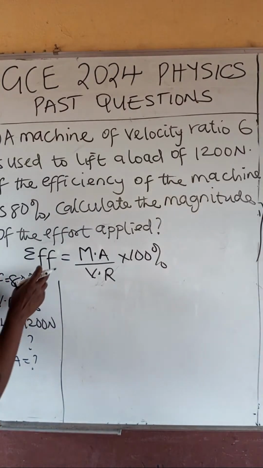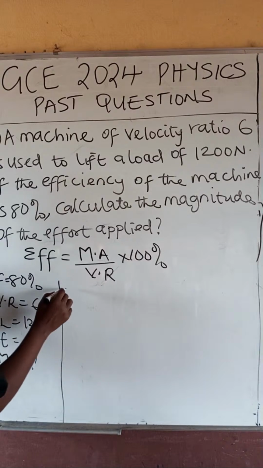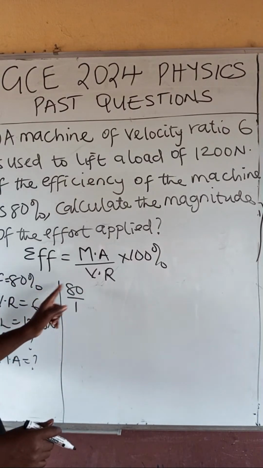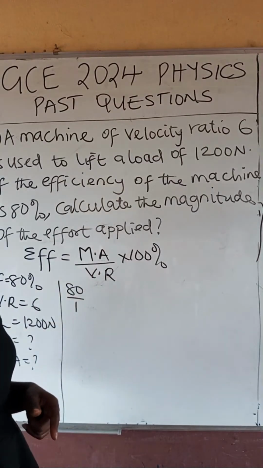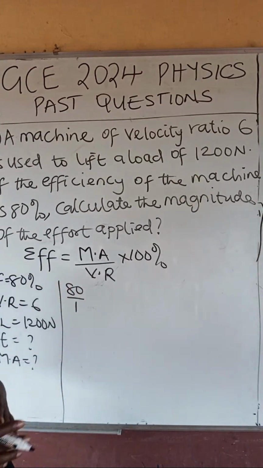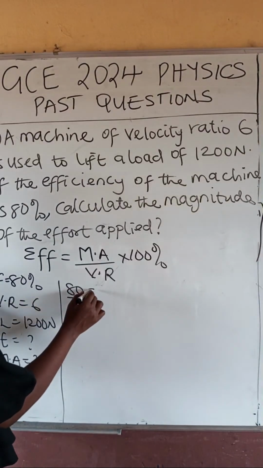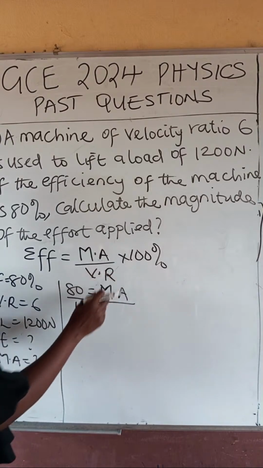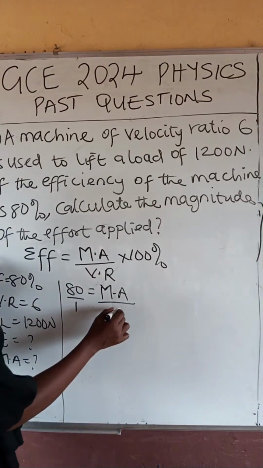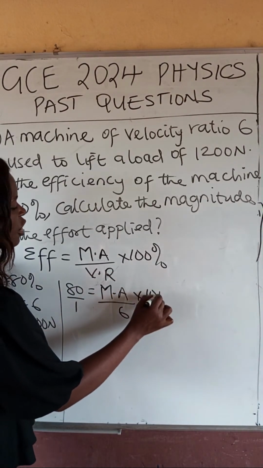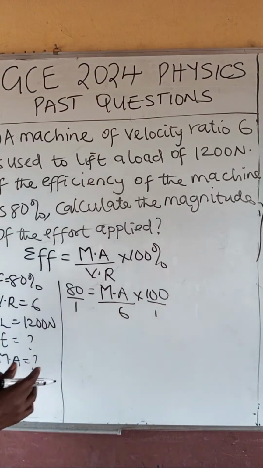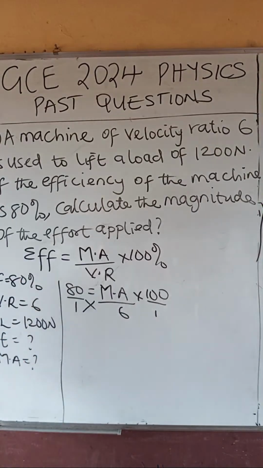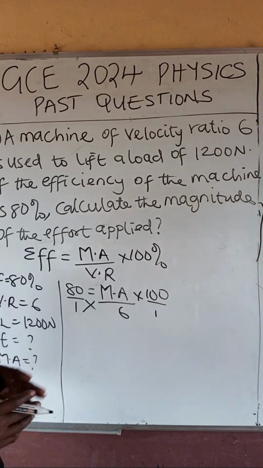Okay? So look at the efficiency. We say 80 over 1. Why did I not put over 100? Because the formula already has multiplied by 100. If not, I would have said 80 over 100. All right, so it equals MA, which is the mechanical advantage, divided by velocity ratio, which is given as 6, multiplied by 100 over 1. Right? Okay, we're going to cross multiply to get this. Right? Okay, 80 times 6